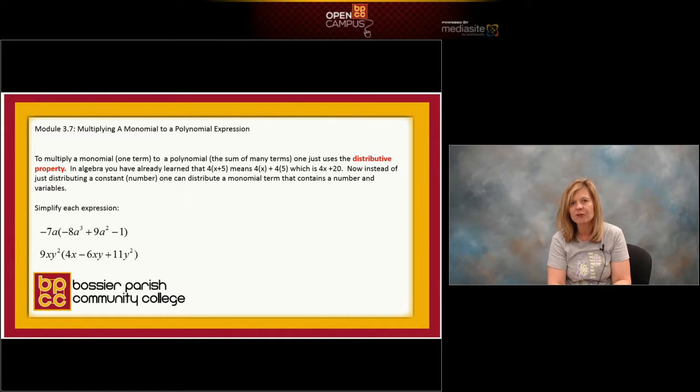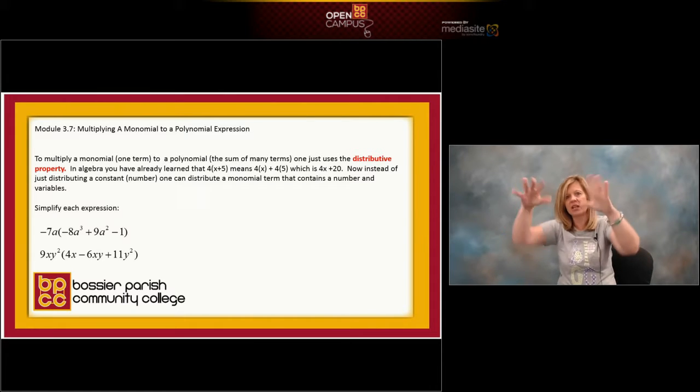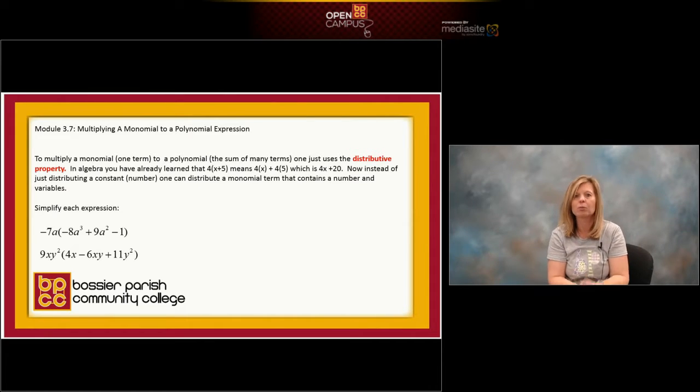Now, here's going to be the difference today. When you've done the distributive property, you've only distributed a number. The monomial has always been a number, whether it's been a positive number, a negative number, a fraction, a decimal. Who says that monomial's got to be just a number? Your monomial in front of your parentheses can be a variable. So that's what we're going to learn to do today. We're going to learn how to take a monomial, an algebra expression, and multiply it, distribute it to all the other terms inside the parentheses. So we're going to multiply a monomial times any polynomial.